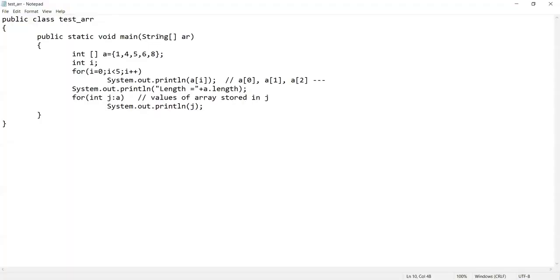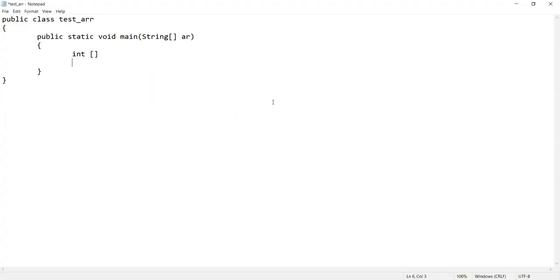Now again come back to the program. Let's try to create double dimension array now, and we will see how many methods are there to store the double dimension array. So the double dimension array can be, see, this is the double dimension array where your A is a double dimension array and the dimension is 2 rows and 2 columns. Another way to declare it,